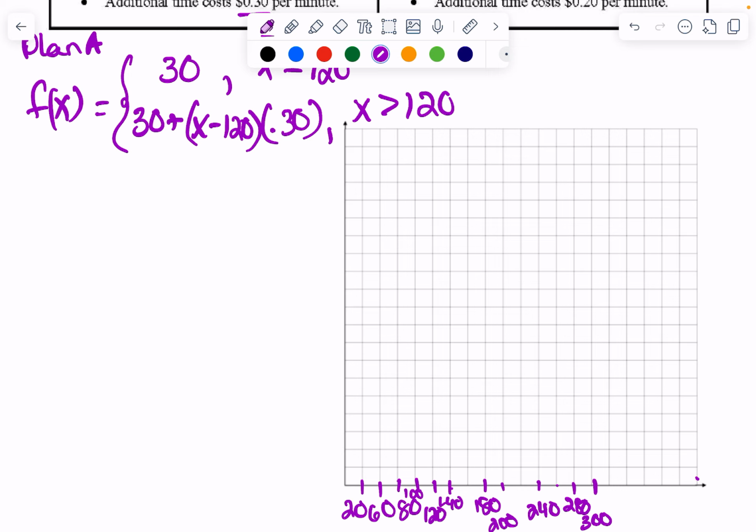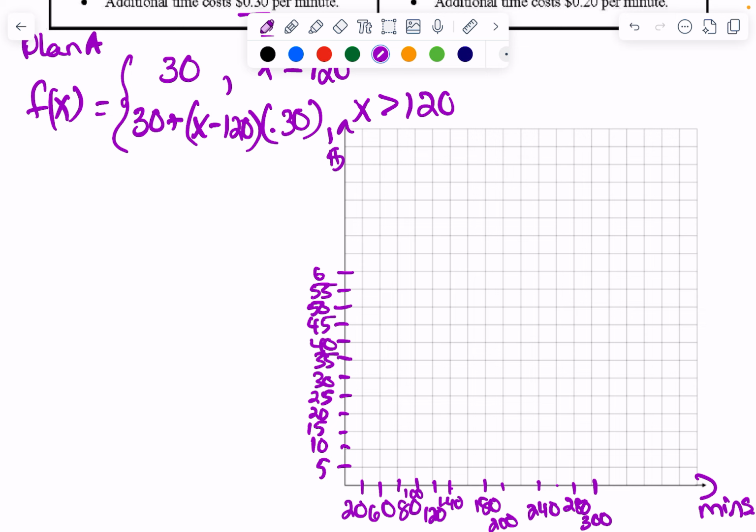So these are the minutes. And then up here on the y-axis is the cost, the dollars. And we're going to start with 0 and go in increments of 5. So 10, 15, 20, 25, 30, 35, 40, 45, 50, 55, and 60. There we go. Okay, so